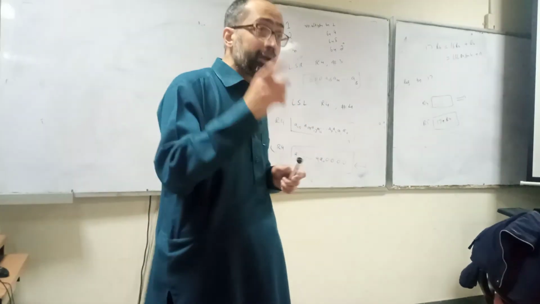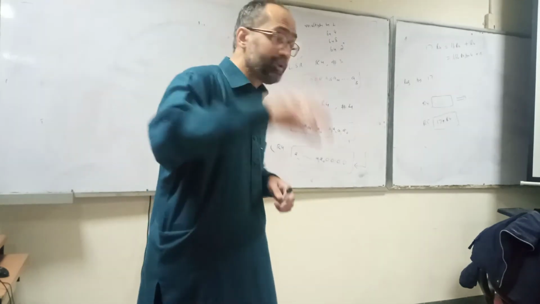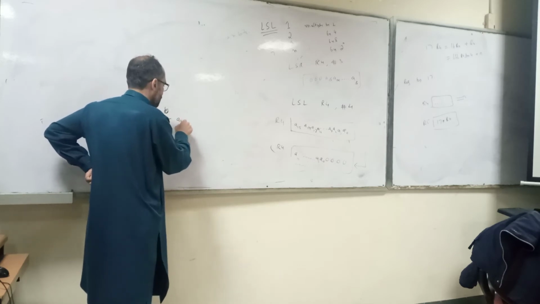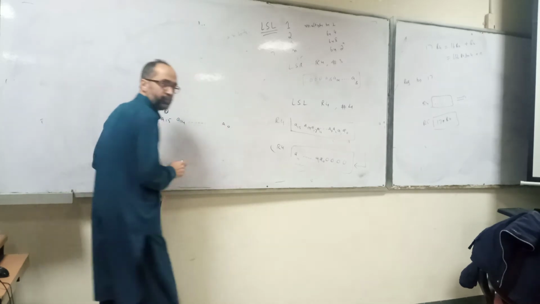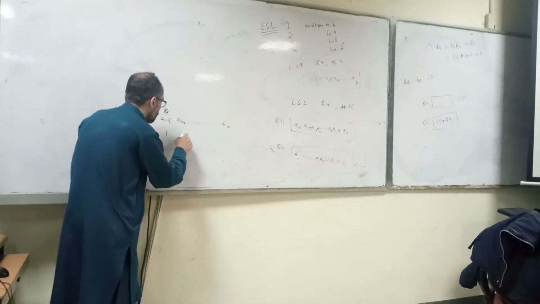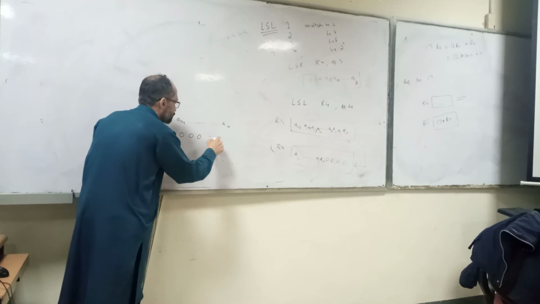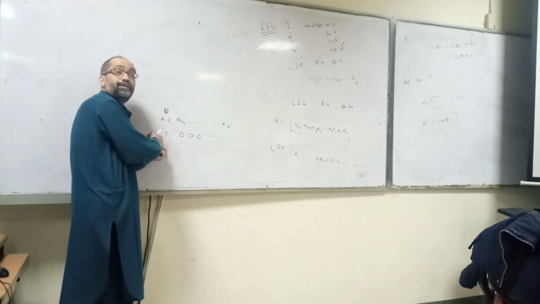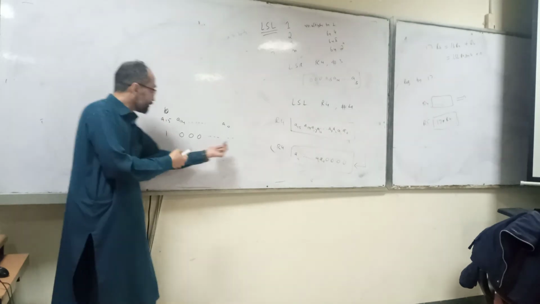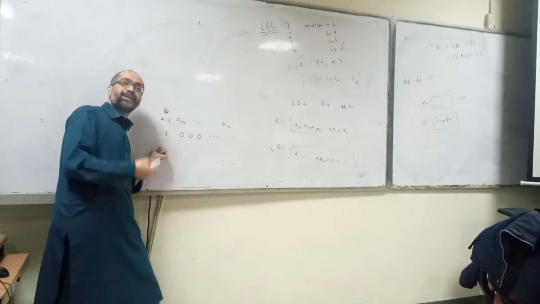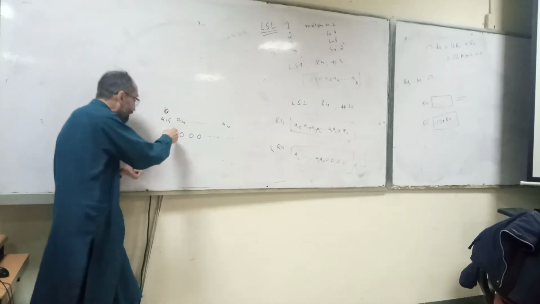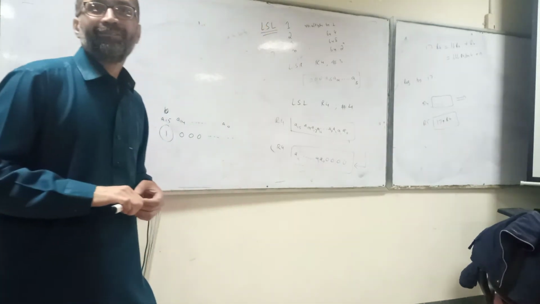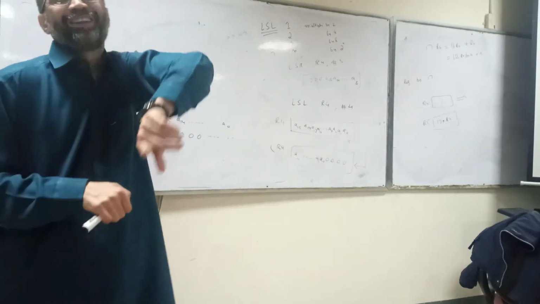So actually if you have a signed representation, let's assume this value is A15, A14 up to A0, and let's assume the contents are 1, 1, 0, 0, 0, and so forth, some value. If you are shifting, is this number negative or positive? Negative. This number is actually negative. But if you logical shift by 1, it becomes positive. So the arithmetic shift replicates this A15, so that when you are shifting from the left, the negative number should remain negative.